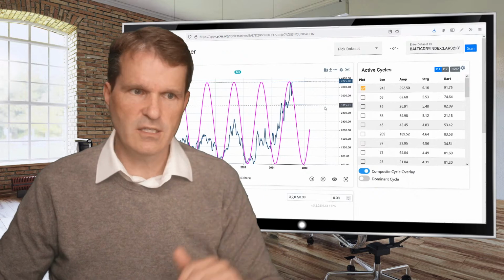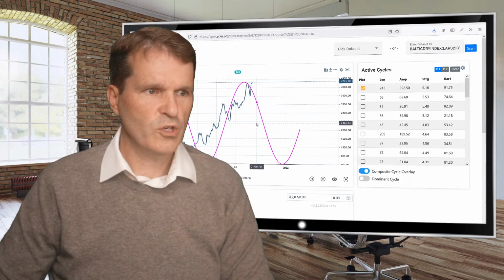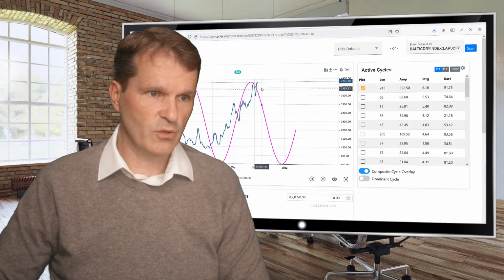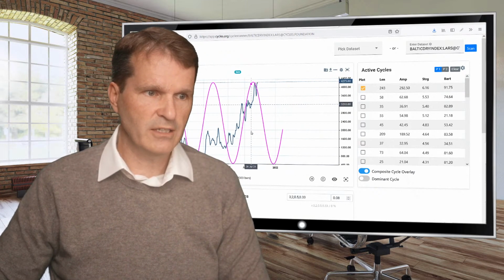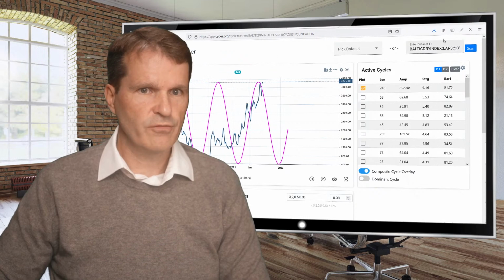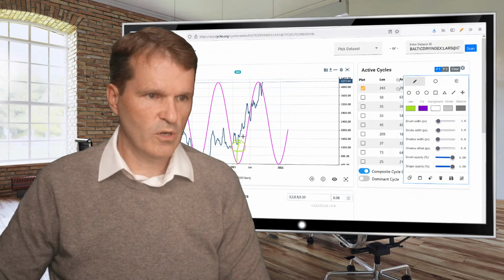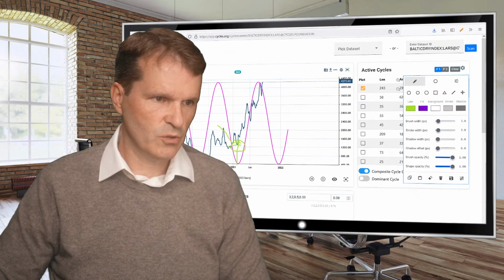Let's stick with this simple cycle here. So what you would now do is go into the projection area. Yeah, so this is where we are. The Baltic Dry Index, if you analyze the current behavior, so in the beginning of 2021 was the last low alignment, which was showing up here.